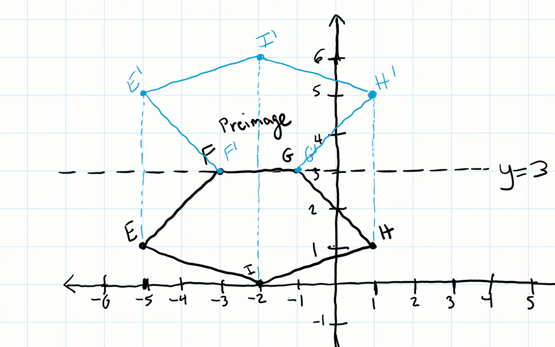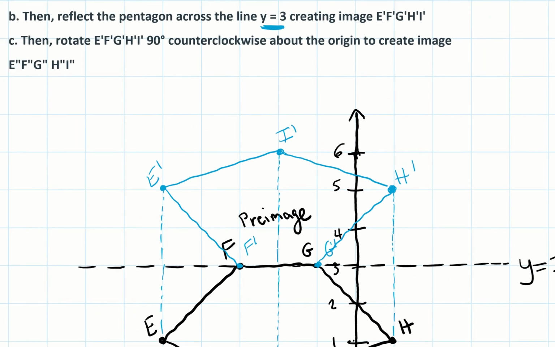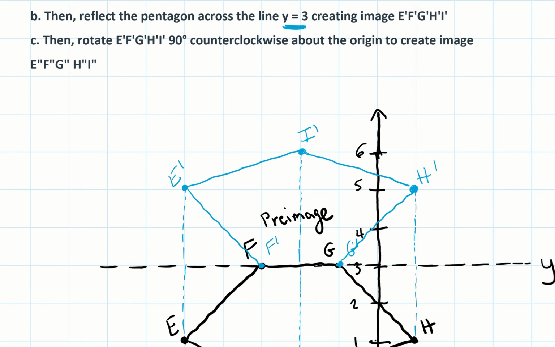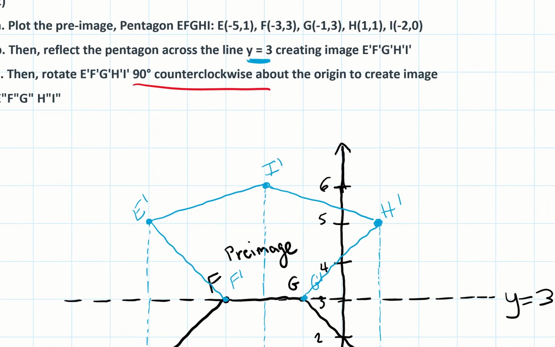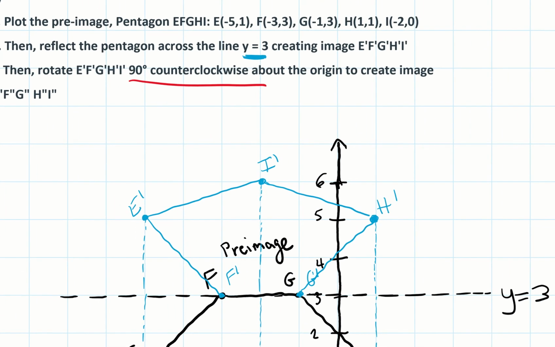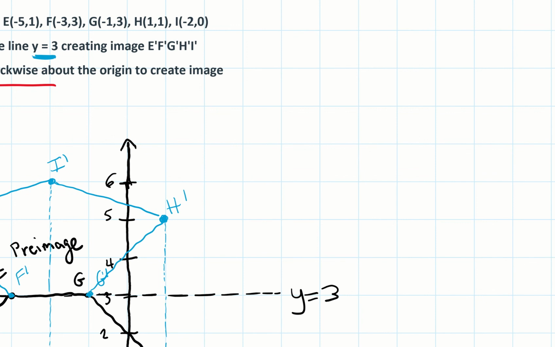All right. So we have this blue image before we get to the final image. So now we're going to rotate 90 degrees counterclockwise. So we're going to have to write down that rule. The rule for rotating 90 degrees counterclockwise about the origin is that, here, let me